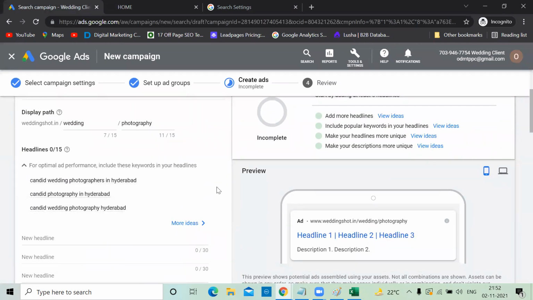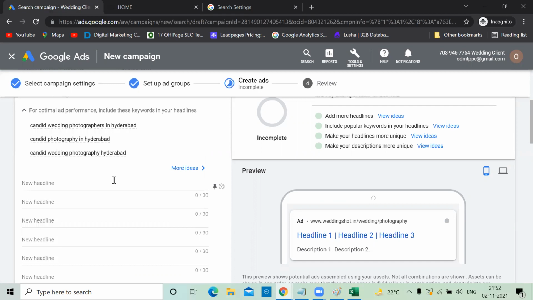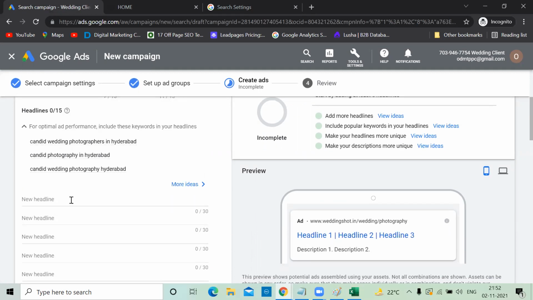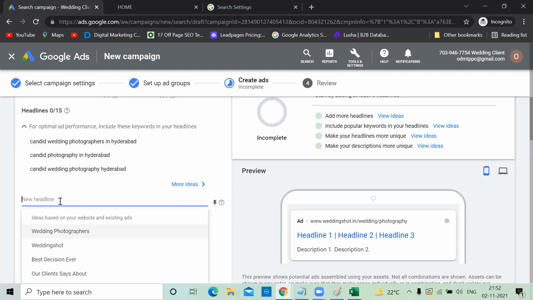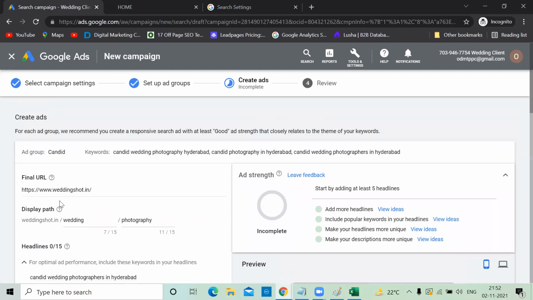Done. Now, as I told, when it comes to your ad, there is heading line 1, heading line 2, description 1 and description 2 only. If your headlines are very short, they'll take up to 3 headlines. But here they gave so many headlines, because this is a responsive ad, they keep on changing that. So I'm mentioning again here also, make sure you know what your focus keyword is. Am I going for the candid one? This is the candid group, I'm doing it.